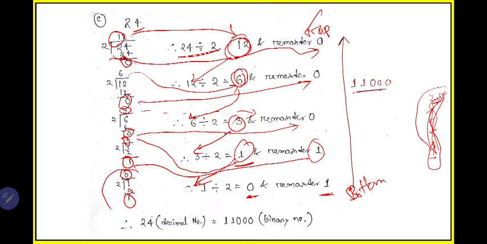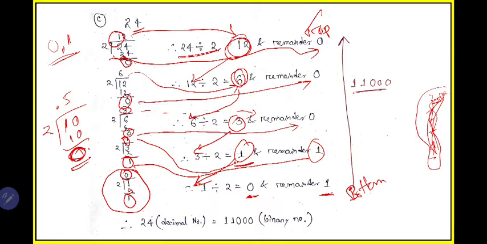In this case, do not make any mistake. Remember, in the normal case we would divide 1 by 2 and get a decimal, 0.5. But in this case we cannot do this, because we are converting to the binary system. Binary system means only two numbers, either 0 or 1. So here you cannot convert into a decimal. You need to write it in the form of either 0 or 1, a whole number.